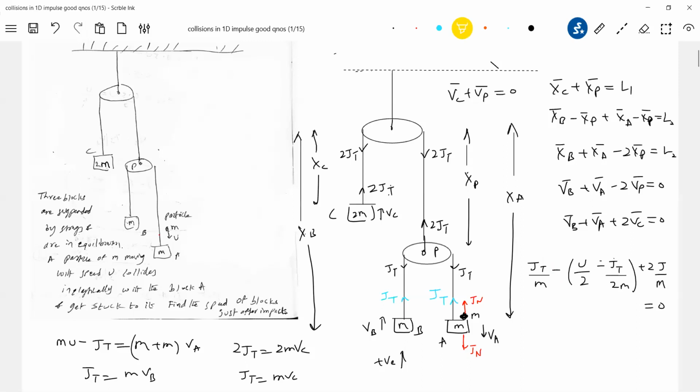Some questions like this will be linked with other ideas, with impulse, rather than only two blocks. Many connected blocks, strings, pulleys, wedge constraints, everywhere it can be introduced. Solve this later on. There is a negative sign because we have to substitute with sign: anything directed upward is positive. Let me take the next one.